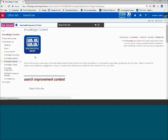Okay, so it's important to note the Sustainability Improvement Team is actually the 4th or 5th generation of improvement team or body in the NHS. So SI can trace its lineage through organisations such as NHS Improving Quality, NHS Institute, the old NHS Improvement that closed in about 2012, 2013, NHS Diabetes and Kidney Care, all the way back to the NHS Modernisation Agency in